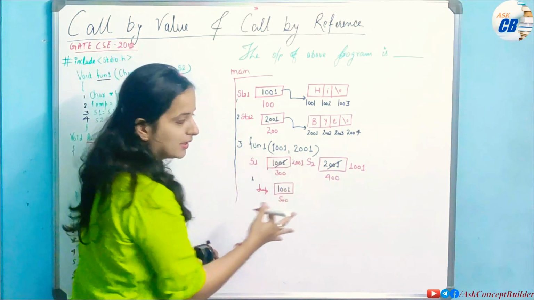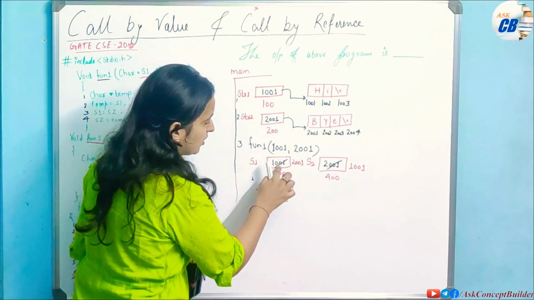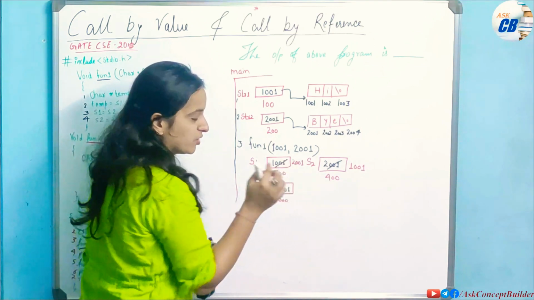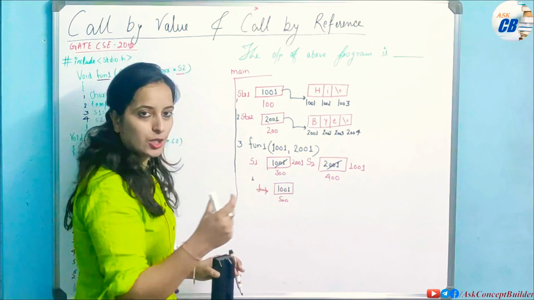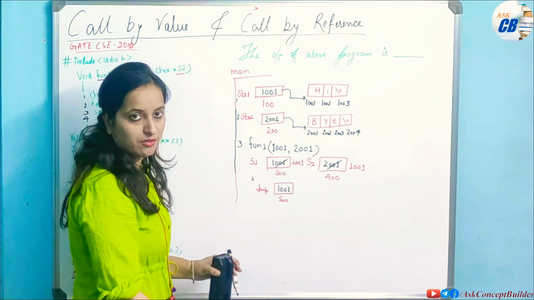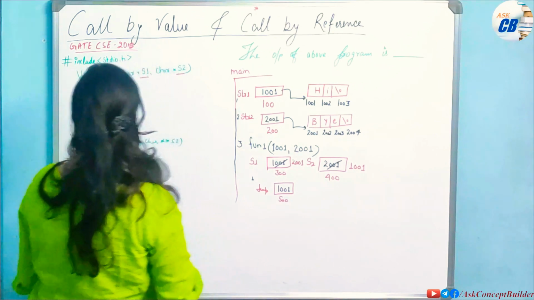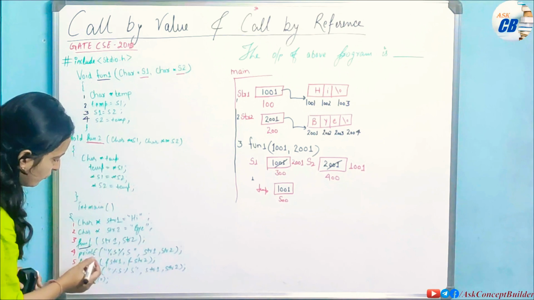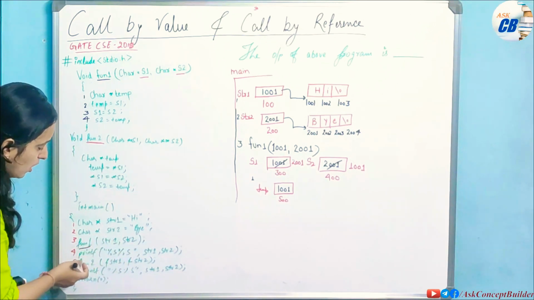So basically what happened in this fun1 function is, S1 was 1001 first and S2 was 2001, and now S1 is 2001, and S2 is your 1001. So basically these two values are swapped in this function fun1. Now see, this is completed. Now when we have completed this fun1 function, we return back to the point from where it was called. It was called from this third point, now it is completed, so we'll move to the fourth instruction.